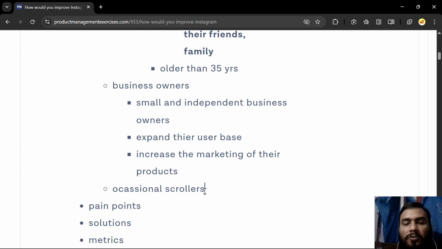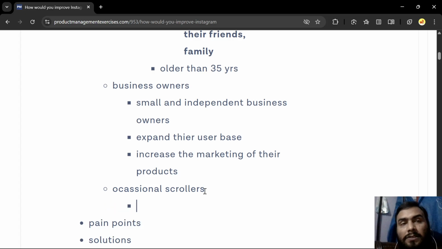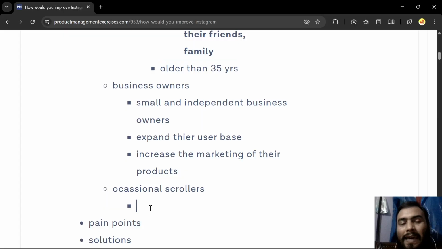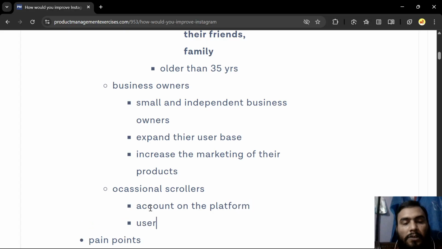Now another group is the occasional scholars. These are the people in this group who are more than 35, let's say. They do have an account on the platform, but they use it occasionally.